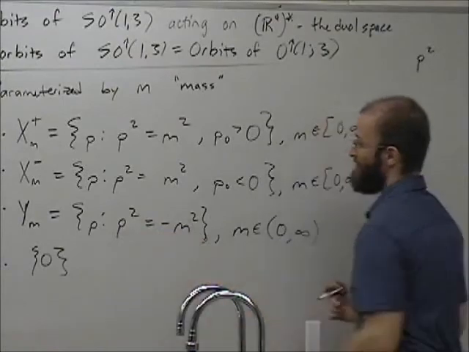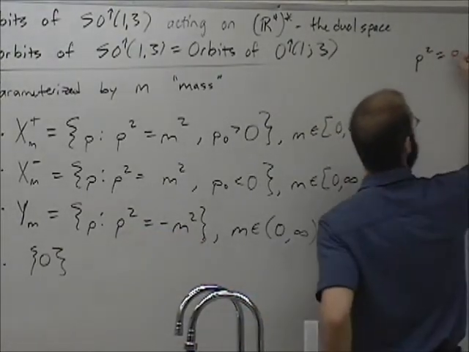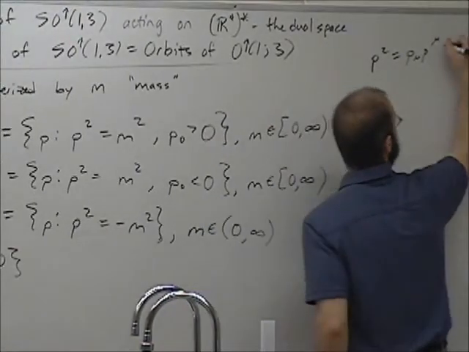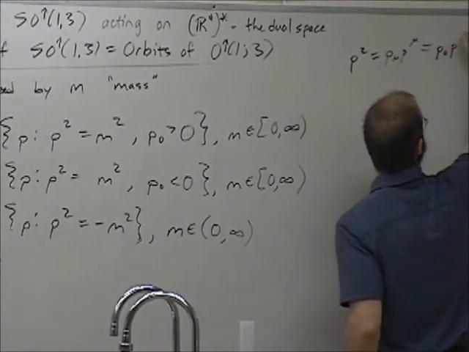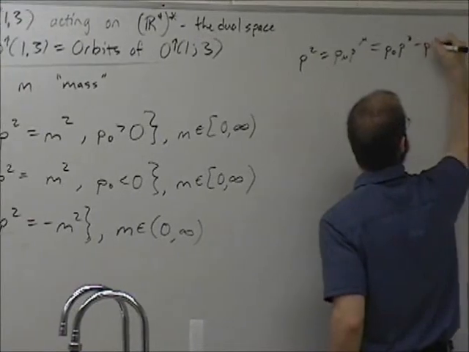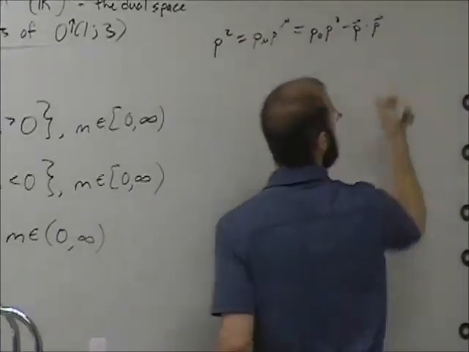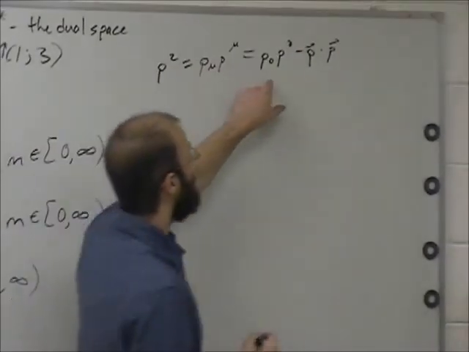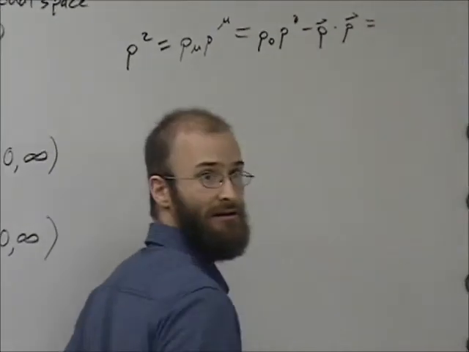So when I look at p squared, that's really p mu, and don't forget that that's p 0 minus p. I'm going to write it like this, p dot p. By the way, p0 is the